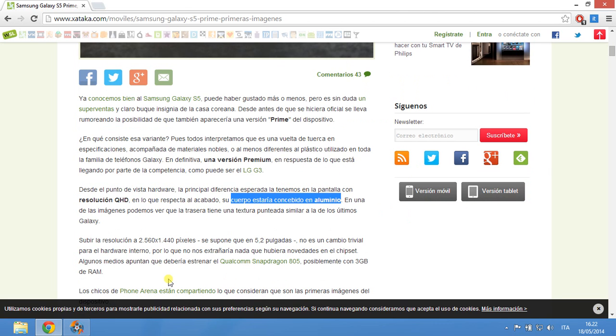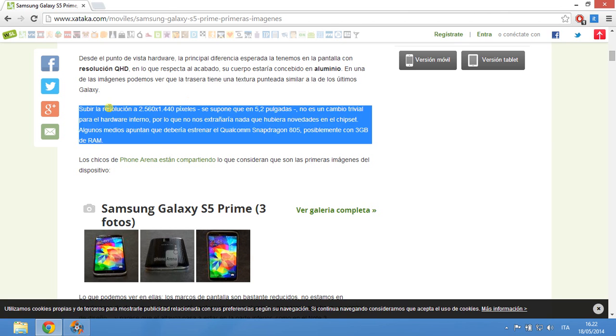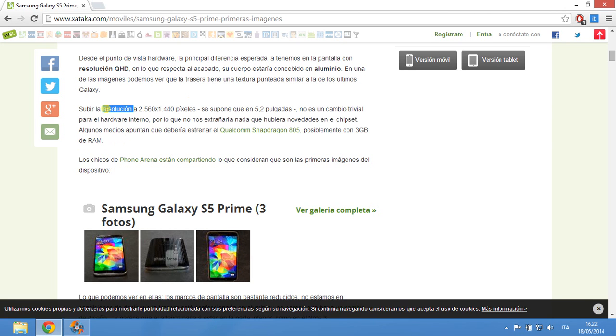So, as I already know that the Samsung Galaxy S5 is made out of plastic, if I read here and say this new one is made out of aluminium, then I can understand that this is a change for the better. And here it says there are lots and lots of pixels, so resolution is very similar to the English word, and this word is not important, so